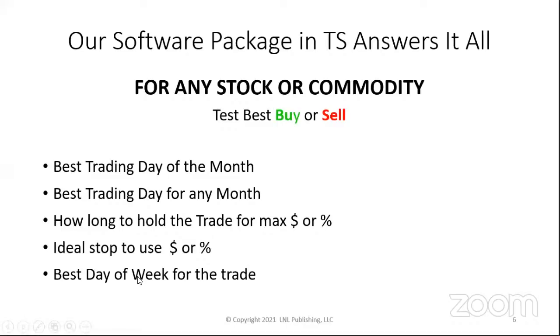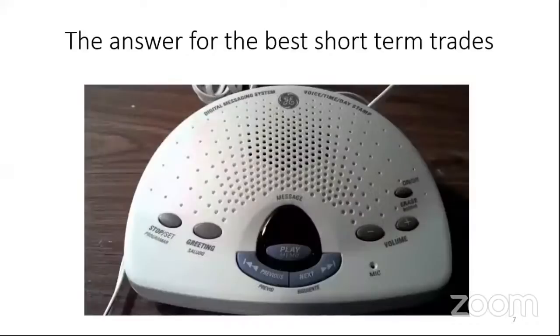And then we can also look at the best day of the week, because clearly stocks usually bottom on Tuesdays. I mean, going way back to 1962 when I first started trading, those bottoms came on Tuesdays. 1966, those bottoms came on Tuesdays. In the 70s, the 80s, the 90s, the turn of the decade, 2000. Well, look where it bottomed last year in March. So the day of the week can also be significant. And we can answer those questions with the software, which is really nice. This is something that I've been using before.